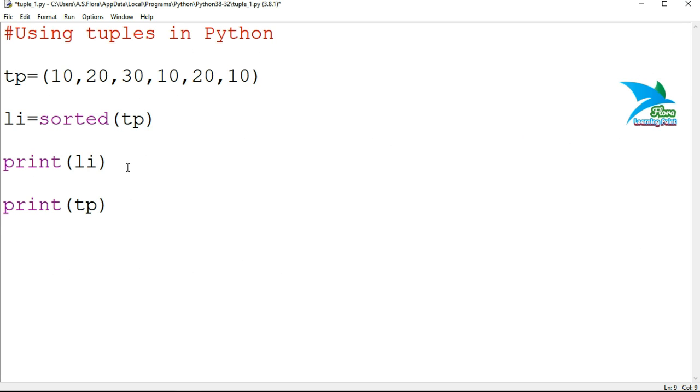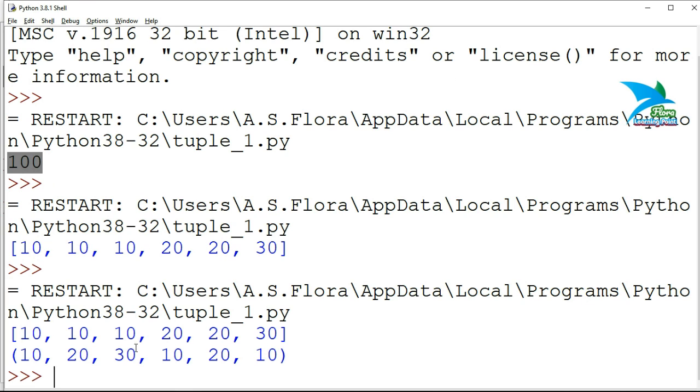But if you print the elements of that tuple, tp, because we were printing the elements of a list, not this tuple, then you will be able to see that the system didn't sort the elements of that particular tuple, because tuples are immutable, and you can't make any change in the sequence or in the value of any particular element.